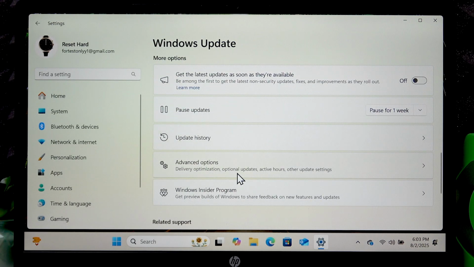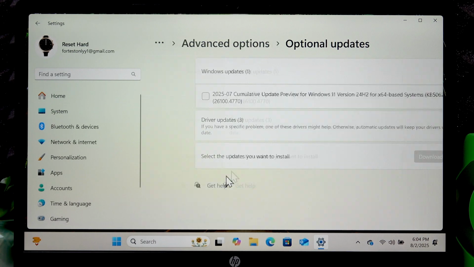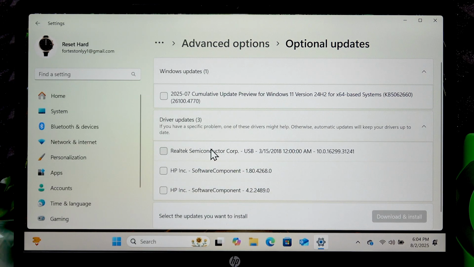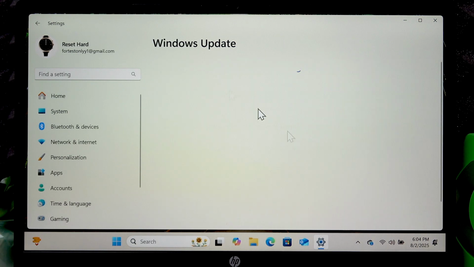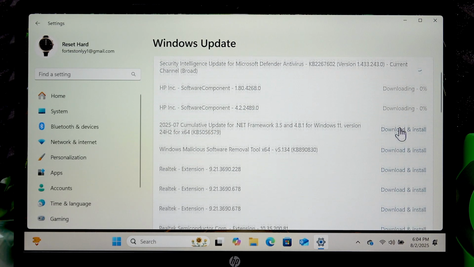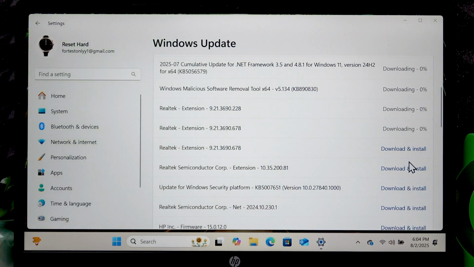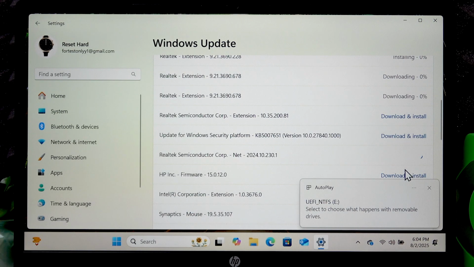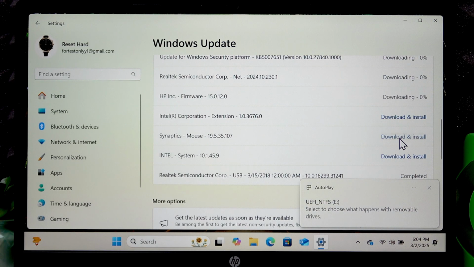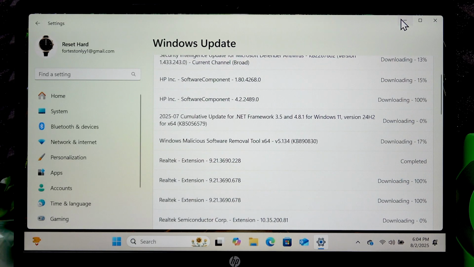Besides, the driver updates are also located in advanced options, optional features, driver updates, and here you can check the checkboxes next to each driver. Click download and install, and then download them along with the other downloads. So let's download everything, but let's also